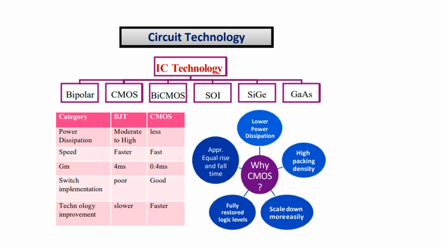Since in complementary metal oxide semiconductor both transistors are not on at a time, this leads to low power dissipation. The transistors can be scaled down easily. Scaling, which is reducing the length and width of a transistor, leads to the possibility of high packing density. More transistors can be integrated onto a chip, with fully restored logic levels, and equal rise and fall